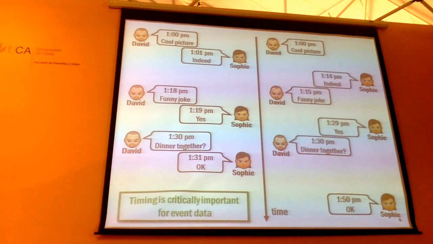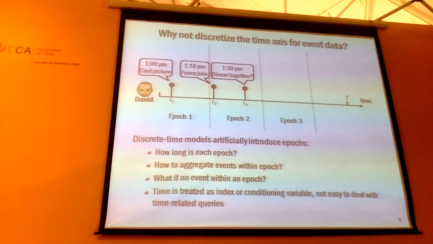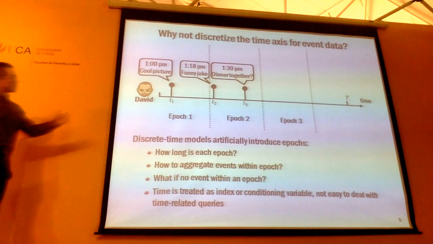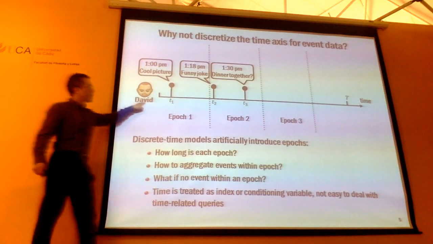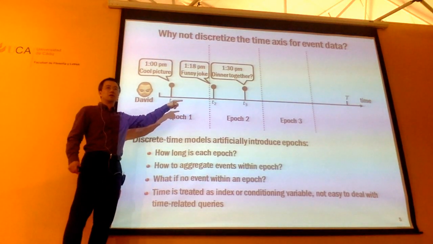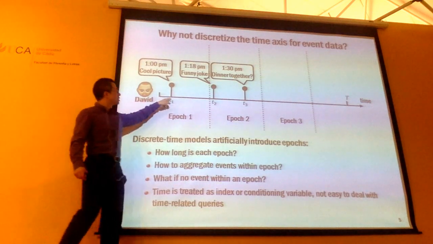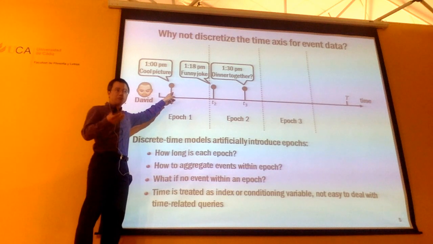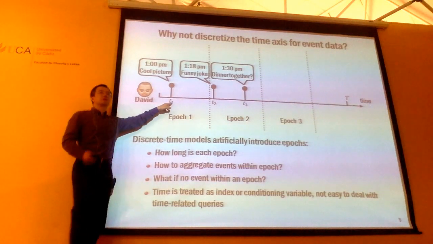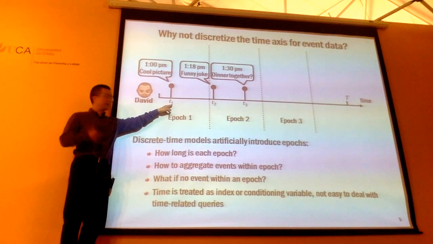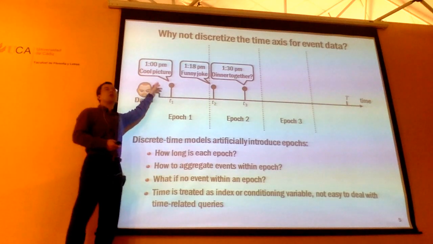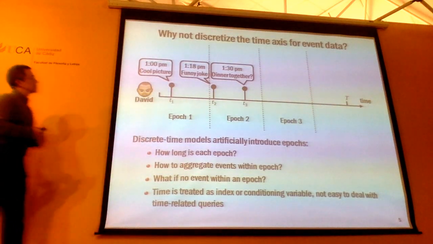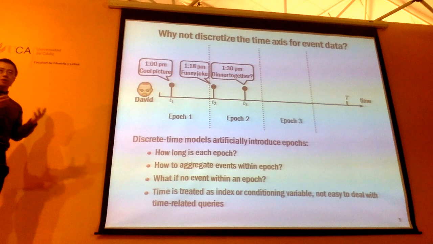Okay, so let me abstract a little bit of this type of data, and then very often you will see a picture like this in my talk. Here is a particular user in the social network, and I'm going to draw a timeline for this user, and then you will see some spikes here. Each one of these spikes is going to denote one event. So it has precise temporal information, timing information in it, and it might also have content information. For instance, in this particular case, it's just the contents of the tweet.